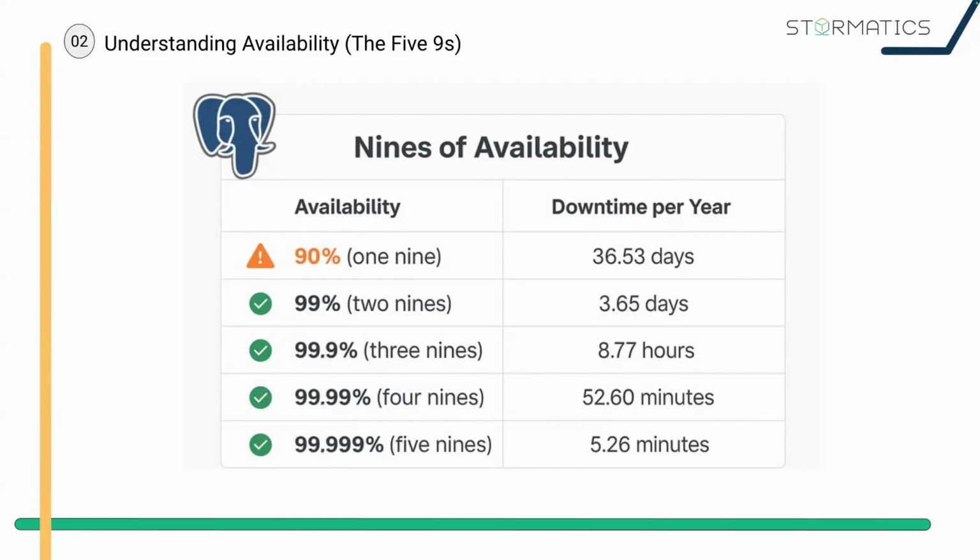It's better, but still far too much for anything which is mission critical. For three nines, we have 8.77 hours. And then we get to four nines. At this level, the total downtime is around 52.60 minutes. And then finally, we have five nines, which is only 5 minutes of downtime. And at this point, failures can still happen, but users almost never see them because the system is designed to